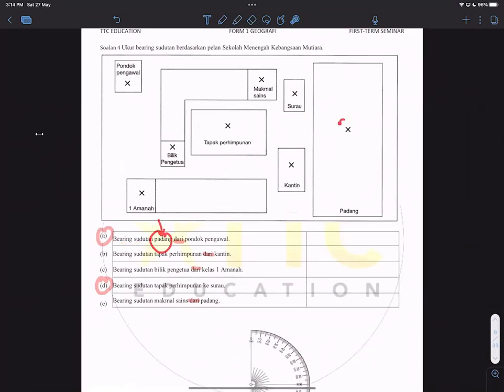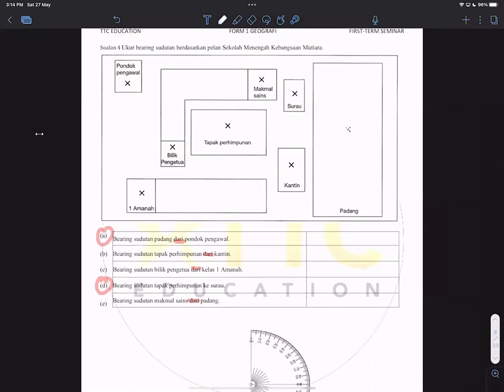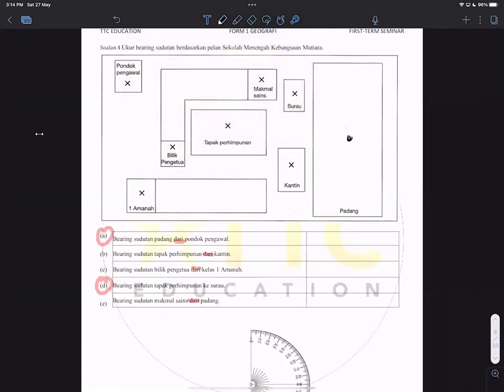So Padang is here. So usually they will not give you the titik. So how do you guys determine this is Padang? This is the height. So I agak-agak, this is the center. I try to plot a titik on the Padang. So if they give you the titik, then you just use this titik. So if they didn't give you, this will be the center part. You guys have to estimate which part is the center for the Padang. So bearing sudut Padang,